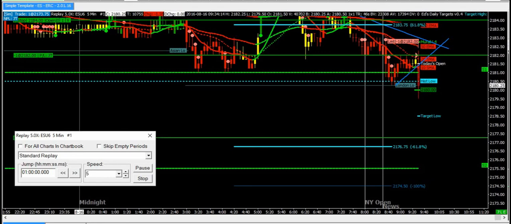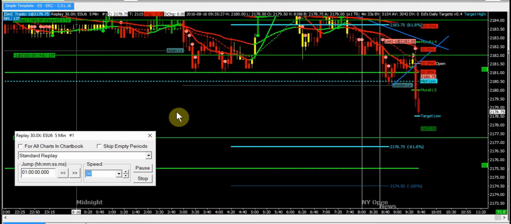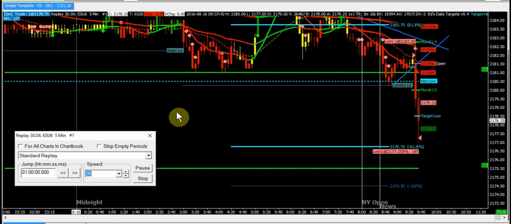So, okay, we're at 9:34. Let's speed this up just a little bit. Let's go up to 9:30, and you can see what happens. Boom! It goes right down, and bam! It hits the target. 19 ticks. Okay, that's not bad for a 10-minute trade. In a 10-minute trade, you got 19 ticks out of this guy,